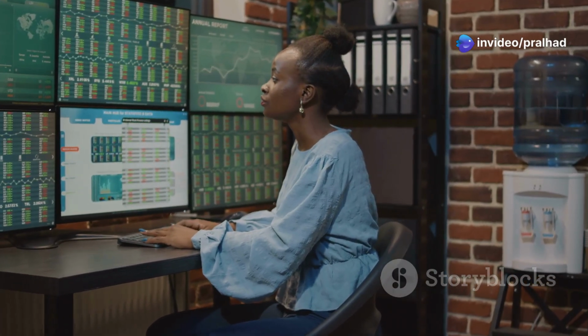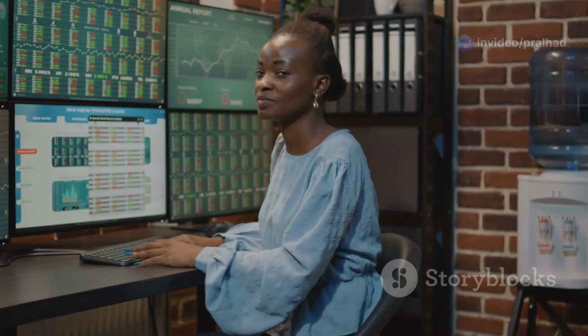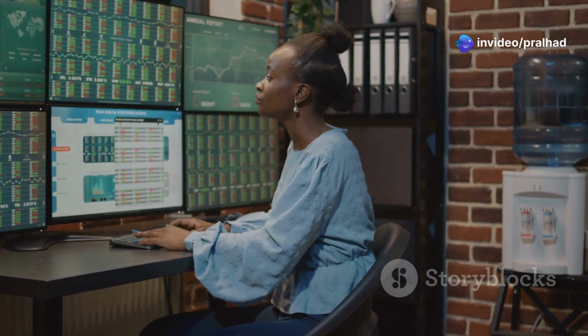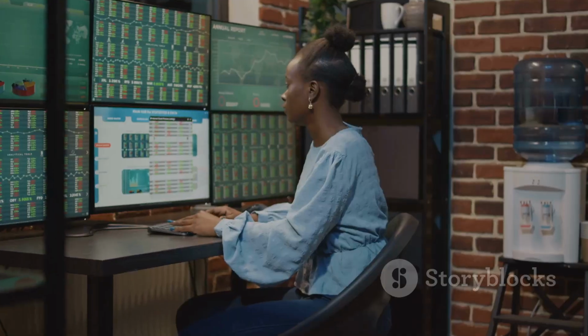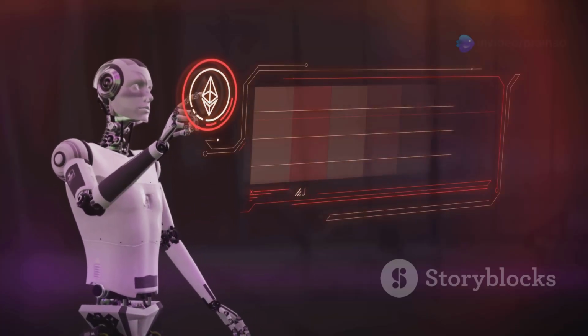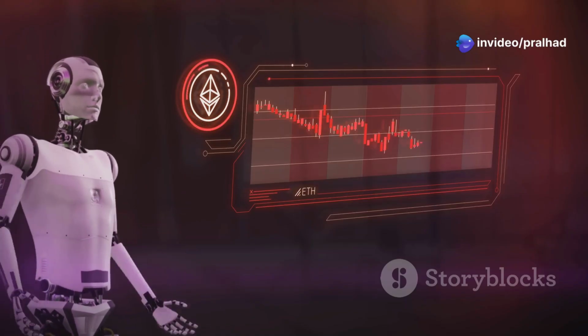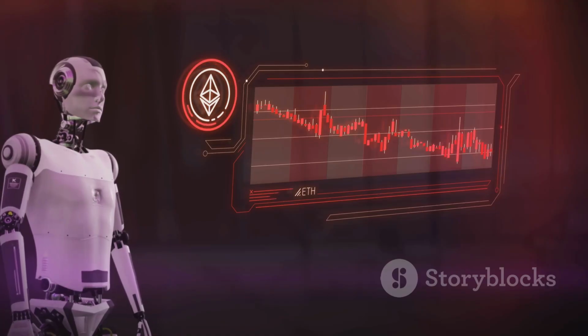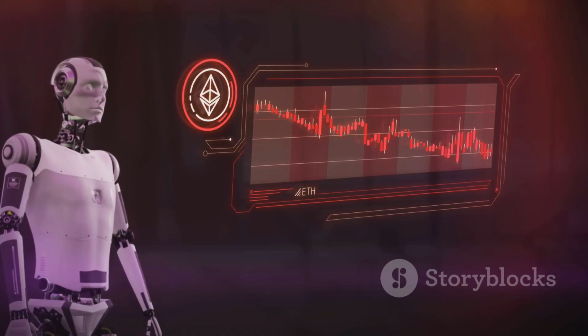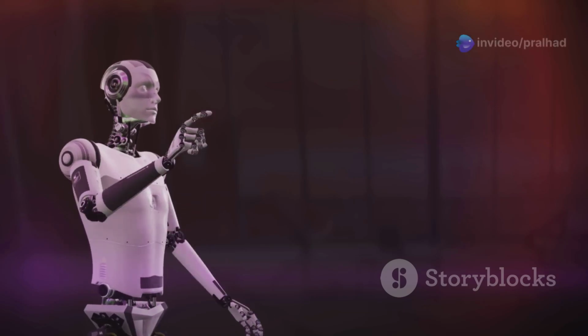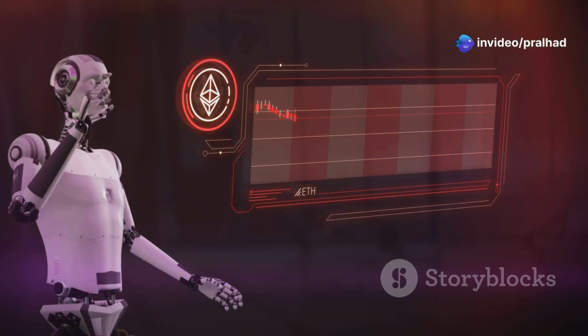Finance. Banks and other financial institutions are using AI to prevent fraud, assess credit risk, and provide personalized financial advice. The financial sector is leveraging AI to enhance security and customer experience. AI systems can process vast amounts of data at lightning speed, identifying patterns and anomalies that would be impossible for humans to detect. For example, ML algorithms can analyze transaction data to identify suspicious activity and prevent fraud. This not only protects customers, but also helps financial institutions maintain their integrity and trustworthiness. AI is also being used to create more accurate credit scoring models, ensuring that loans are given to those who are most likely to repay them.